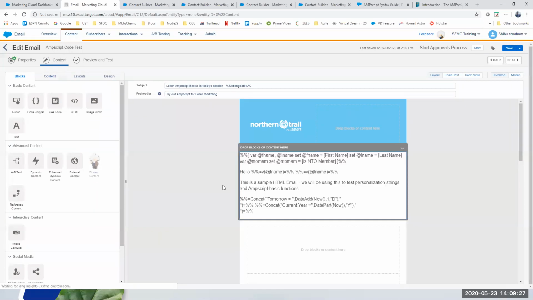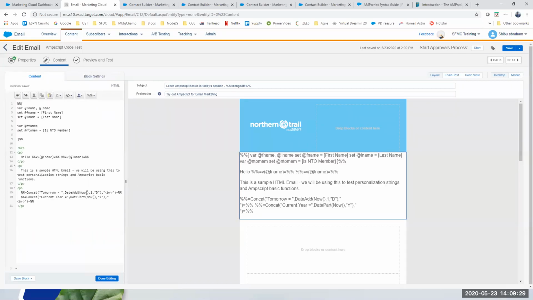Sorry. So in the first one, I added DateAdd, and to now I added 1 day. Okay, and then to the second one, I was saying the current year is like DatePart of now, I want to retrieve the year part, like only the y part.